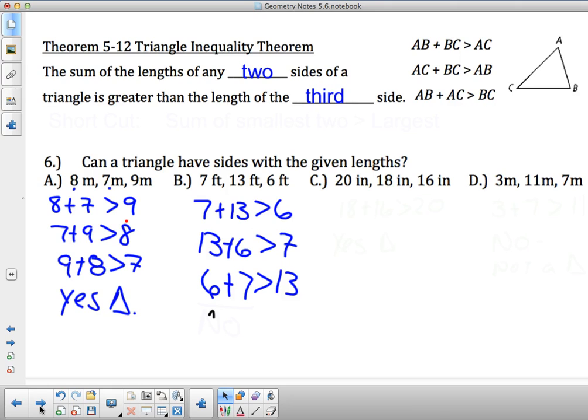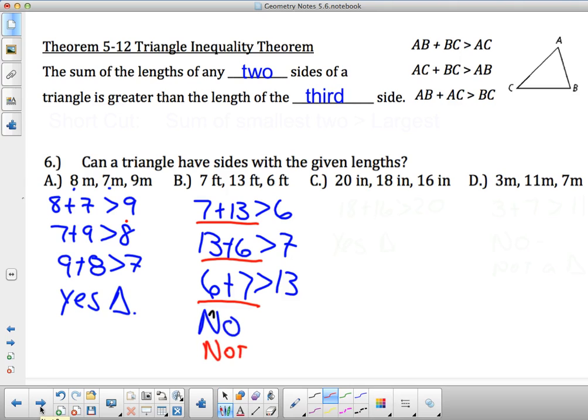Okay? So here's the deal. Totally works. Are you kidding me? Right? Because 6 plus 7 is 13. It's not greater than. Okay? Not a triangle. Now, what I need you to know is that if it's ever going to fail, it's always